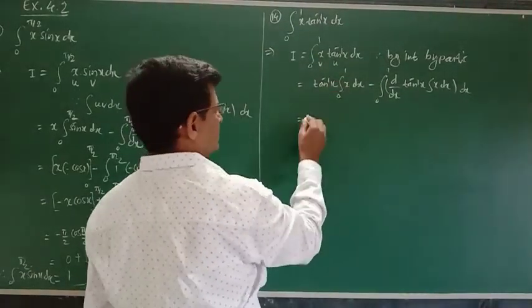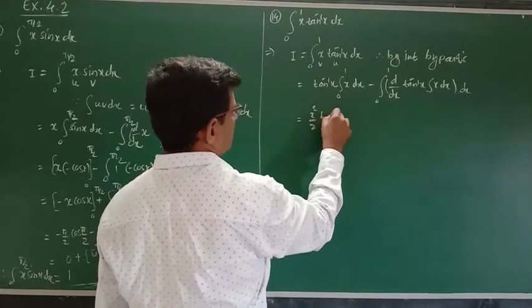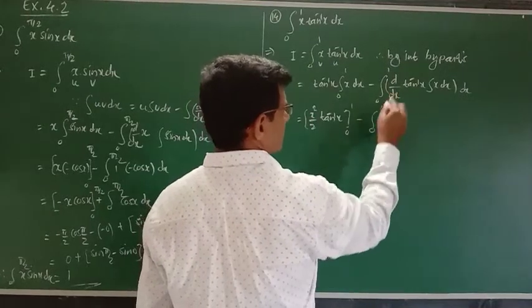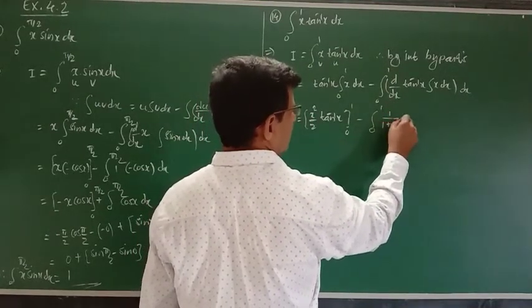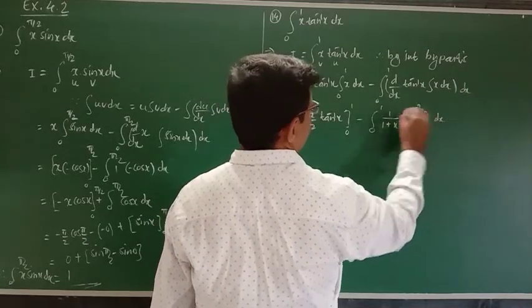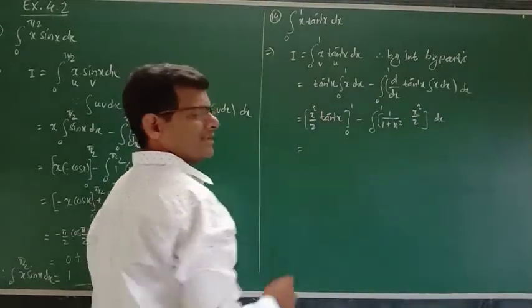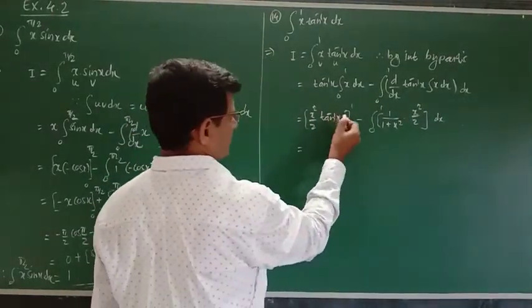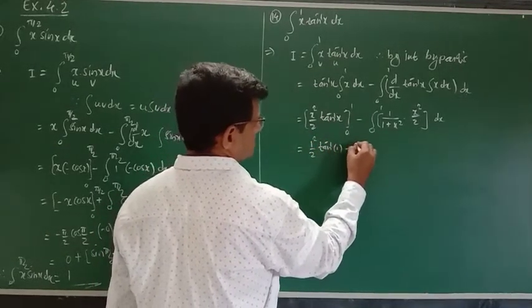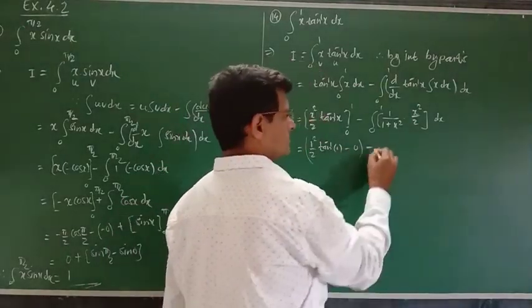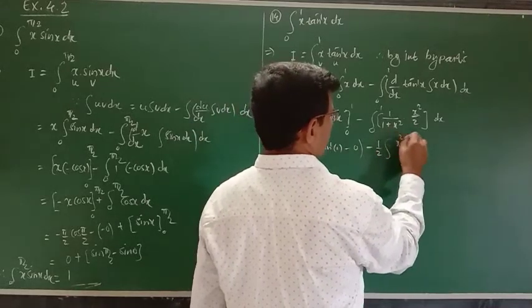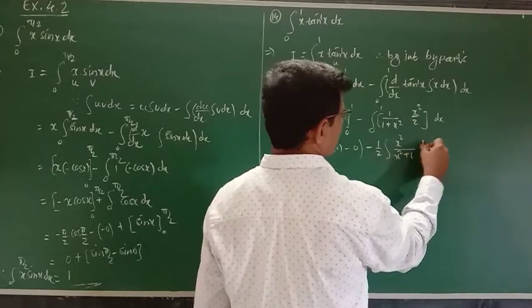What is the integration of x? It is x square by 2 tan inverse x, limits are 0 to 1, minus 0 to 1, derivative of tan inverse x is 1 upon 1 plus x square, into integration of x is x square by 2, and total integration is dx. So upper limit, by putting the limits, what I get, 1 square by 2 tan inverse 1 minus 0, okay, minus 1 half integration x square upon x square plus 1 dx